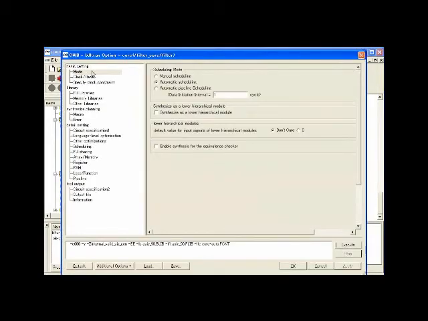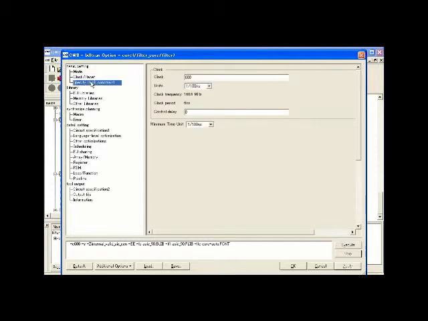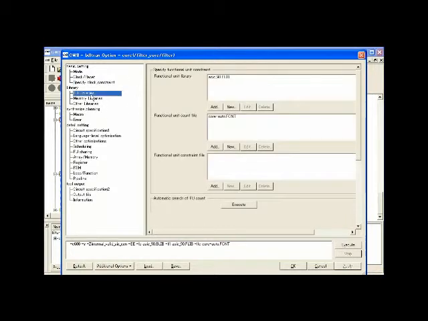We start by selecting the scheduling mode. In this case, CyberWorkBench has 3 scheduling modes: manual scheduling mode, automatic scheduling mode, and pipeline scheduling mode. We select the constraint frequency, the target frequency of our design. In this case it's 166 megahertz. And we have a look at our libraries. We selected for this synthesis a 90 nanometer technology library,